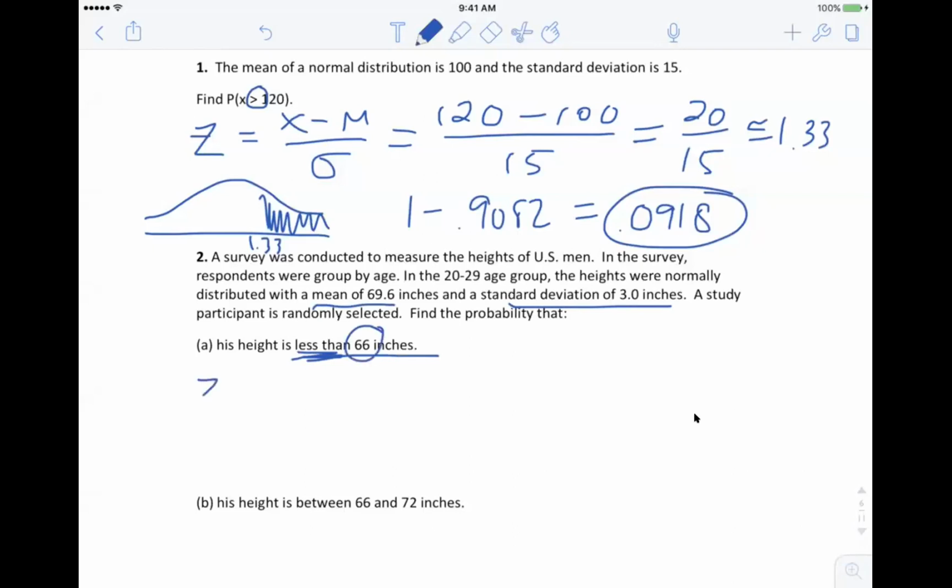Okay, so the z-score is going to be 66 minus the given mean above, 69.6, divided by that standard deviation. And then you can just round that to 2 decimal places. So just in your calculator, make sure to do the subtraction first. It's negative 3.6 and then divide by 3. So this is exactly negative 1.2. And then since this is less than, you can just look it up directly in your table,